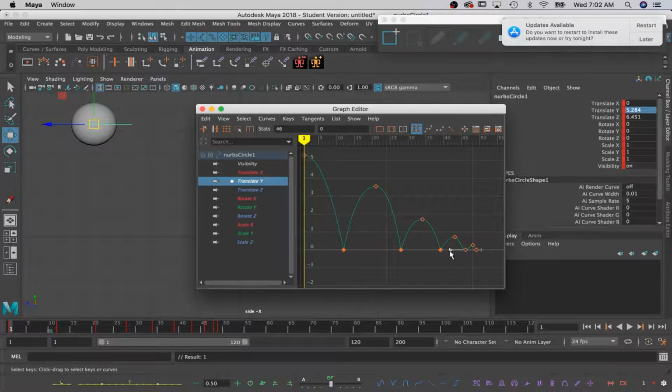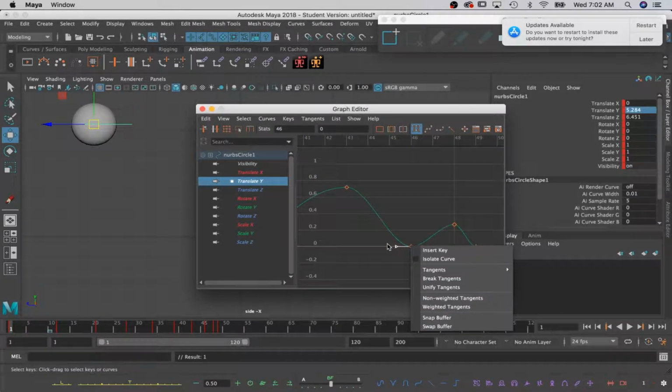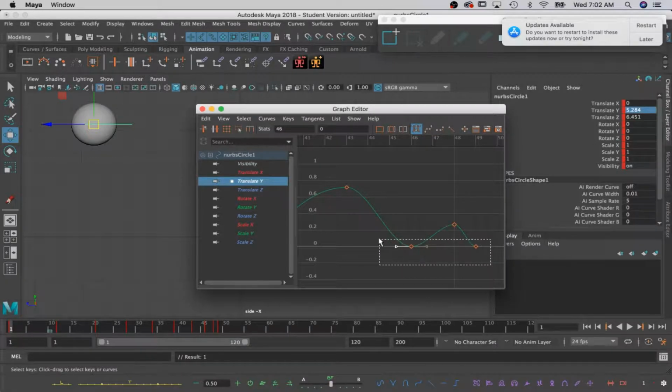And F to zoom in if you can't see something properly. Make sure I've broken these tangents. All right, so I'm going to select this keyframe, select the handle,